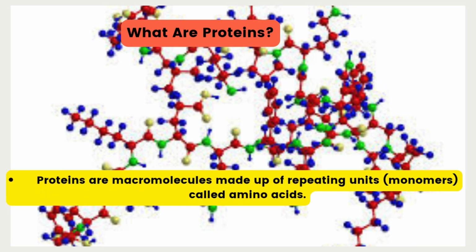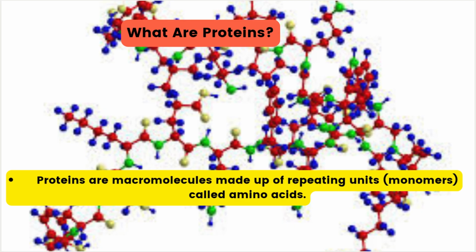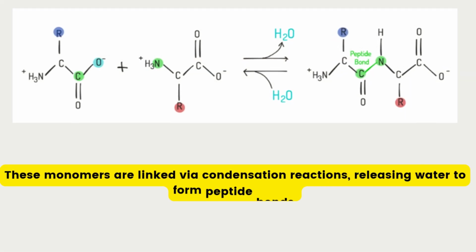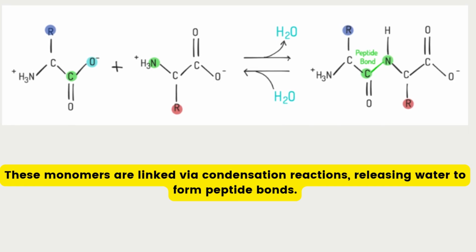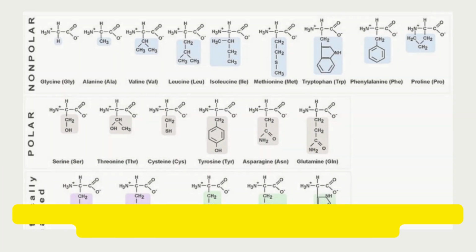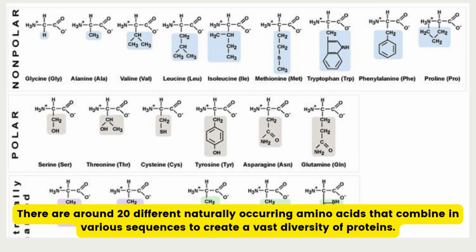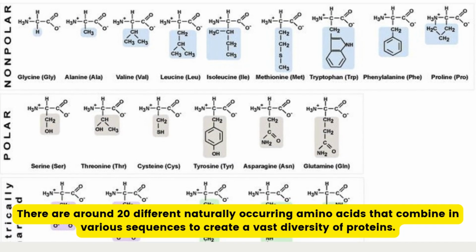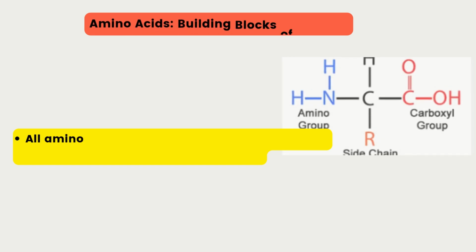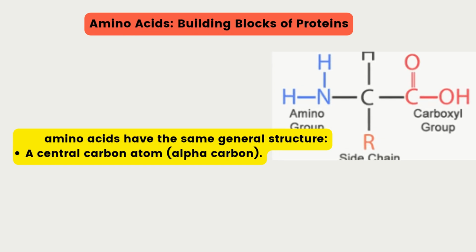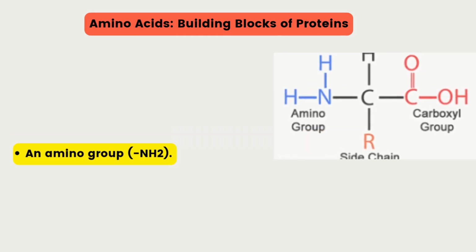Proteins are macromolecules made up of repeating units, monomers, called amino acids. These monomers are linked via condensation reactions, releasing water to form peptide bonds. There are around 20 different naturally occurring amino acids that combine in various sequences to create a vast diversity of proteins. All amino acids have the same general structure: a central carbon atom, alpha carbon, an amino group, NH2, a